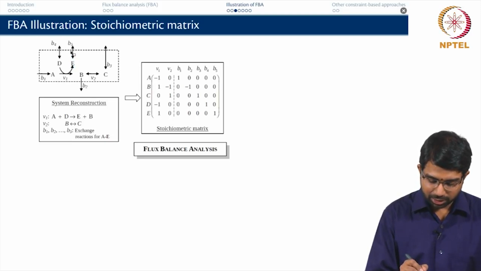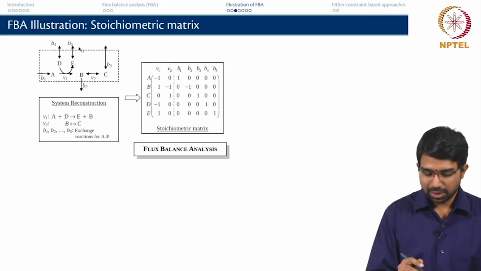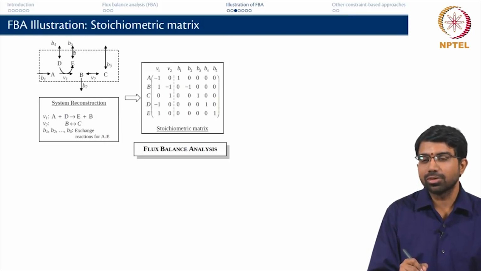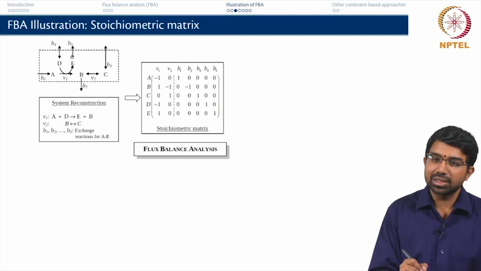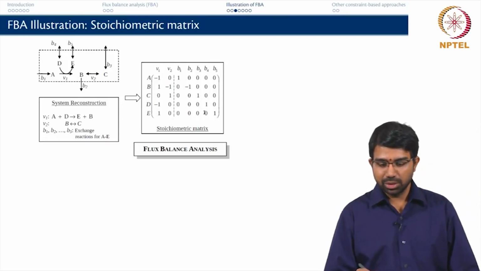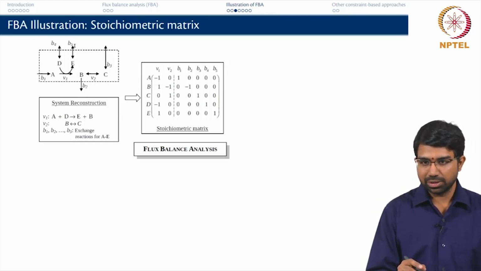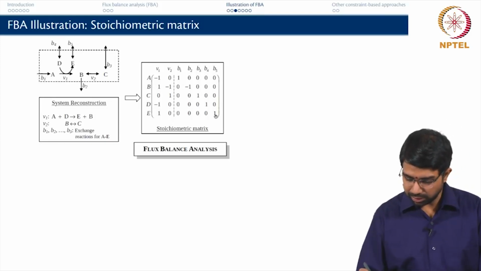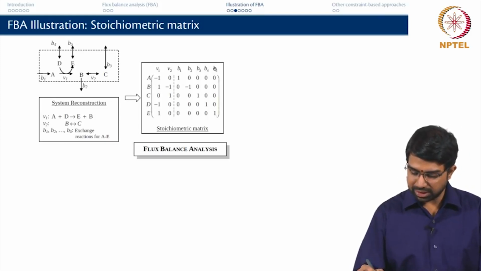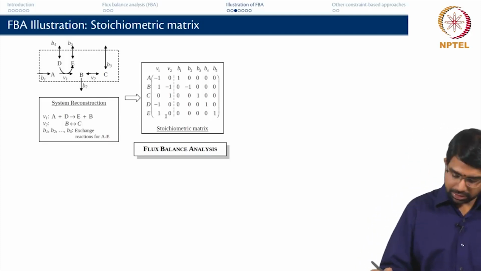I can't have reversible arrows here, because if I say this is minus 5, I have to commit to one direction in the first place, right. So here a reversible arrow is shown for the sake of highlighting that it's a reversible reaction, but in essence when you start even writing the stoichiometric matrix, you have to understand that B4 is in a particular direction, V5 is in a particular direction, right. So what is B5 here? This is a reaction, right, it is E on the right hand side alone,